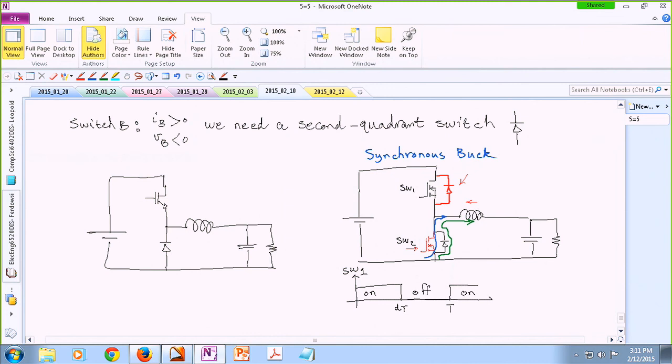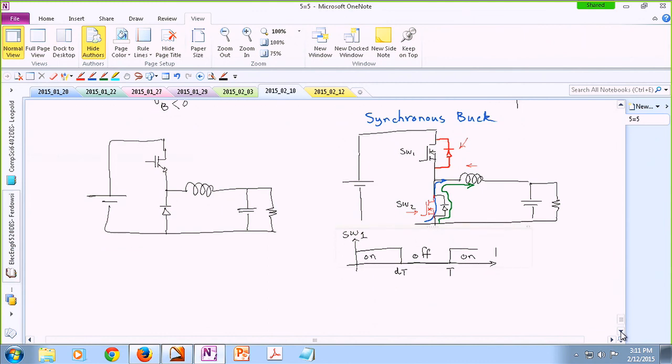Switch 2 should be the complement of this. But remember, the switching instances are not immediate. So what you do is